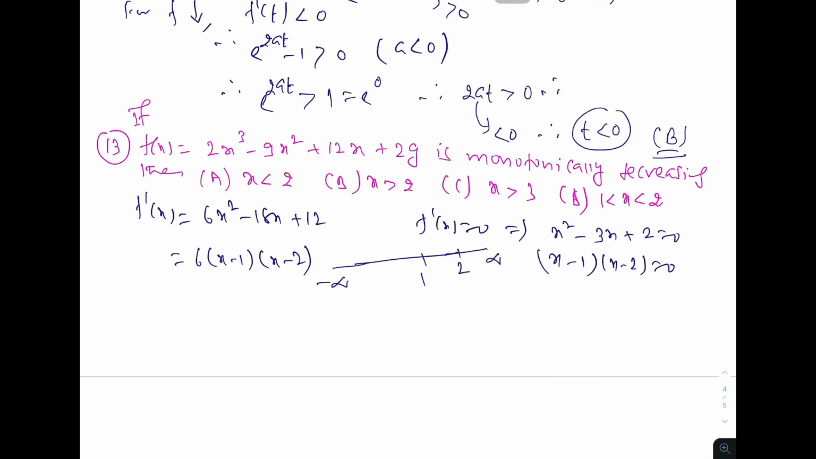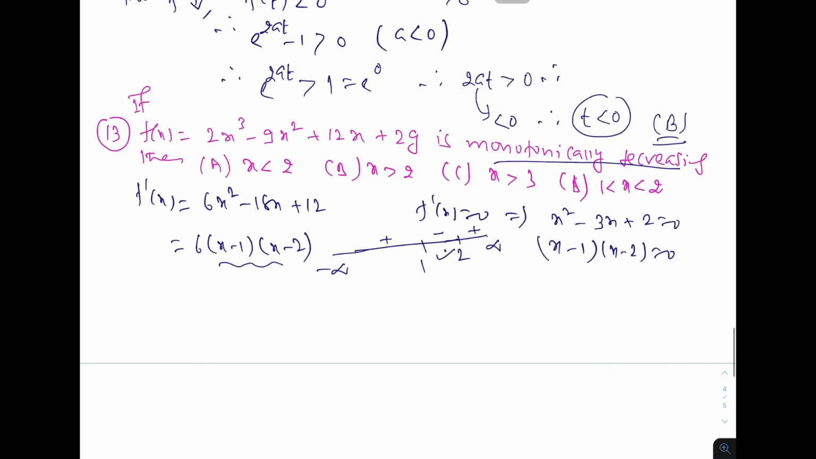1 then 2. Now if our x is greater than 2, then we know that both are positive, f dash x is positive, so increasing. So here the signs are for f dash x in this way. What we want is monotonically decreasing, so answer is 1 to 2. So if x belongs to 1 to 2, then f dash x less than 0, f is decreasing, so answer is D option, 1 to 2. Okay,